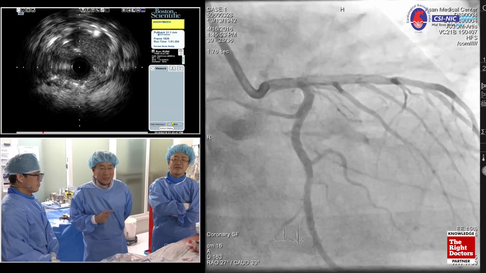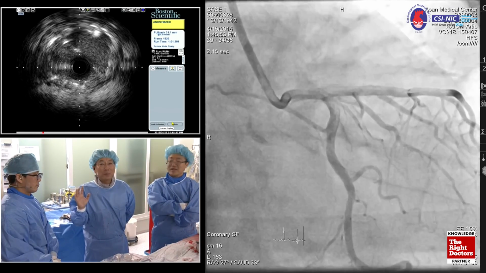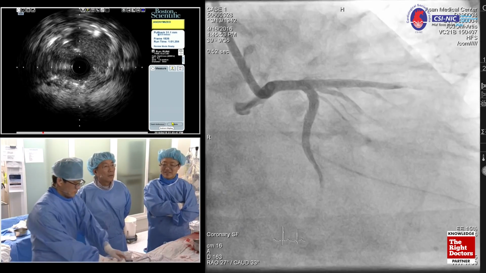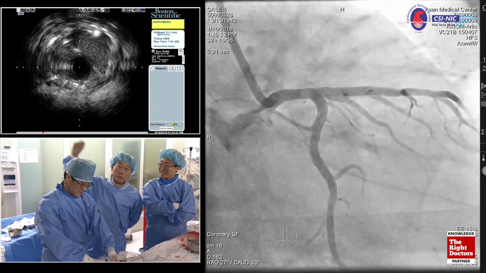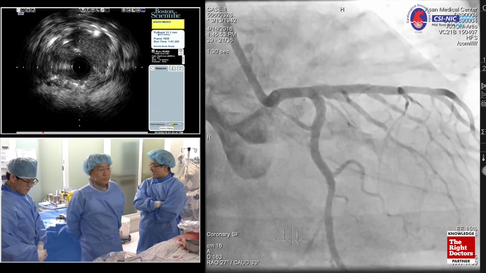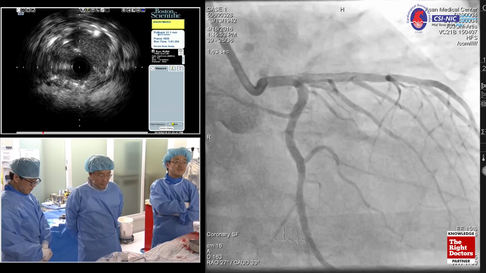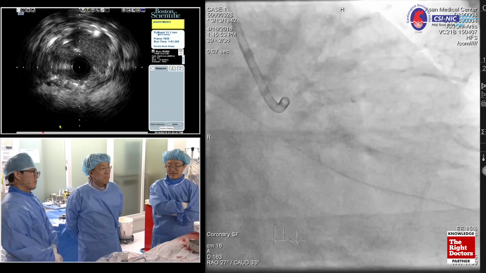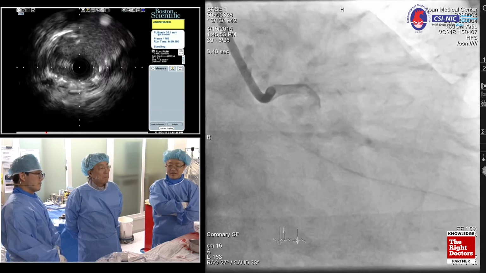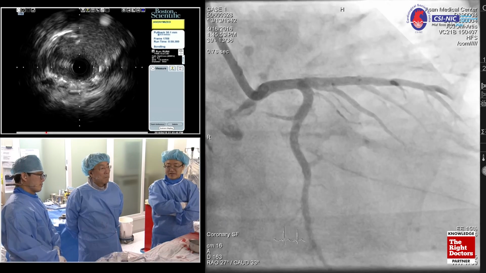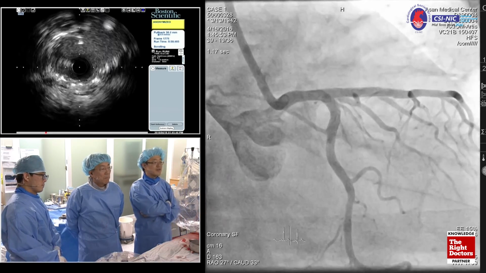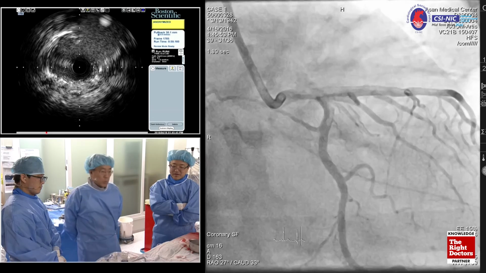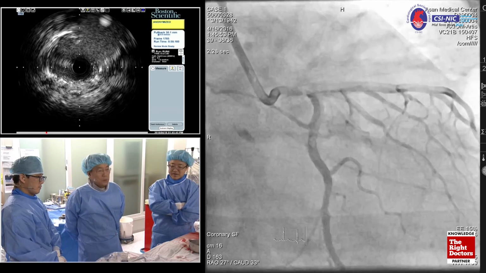So this is the first case. Maybe we don't have enough time, but if you want, we're going to show us the other case. Second case. Dr. Bach, this is an ISR case, main bifurcation. If you see, the balloon response is not favorable for the DEB, so if you have to do another separate stenting, what will be your most preferred strategy for the poor response to balloon angioplasty for the another stenting strategy? What is your preference? The culotte or another?